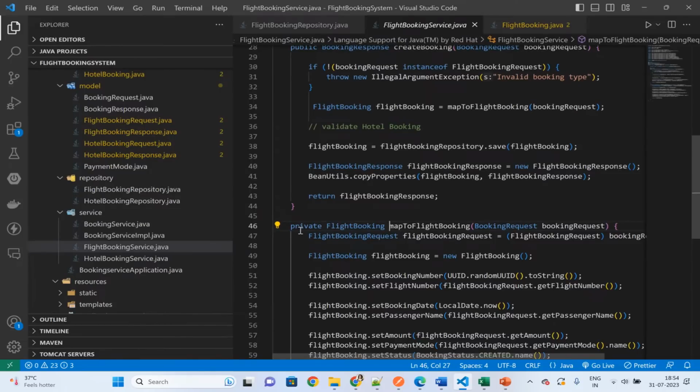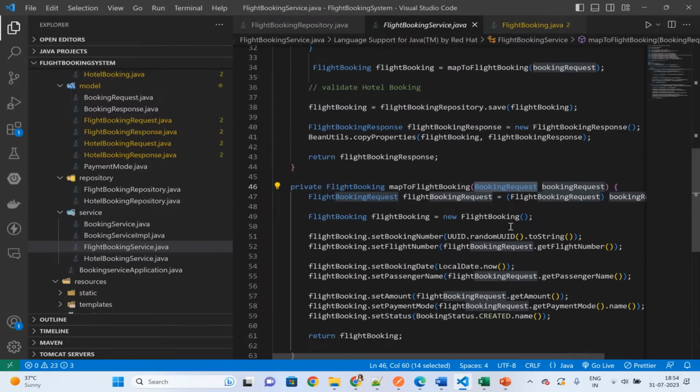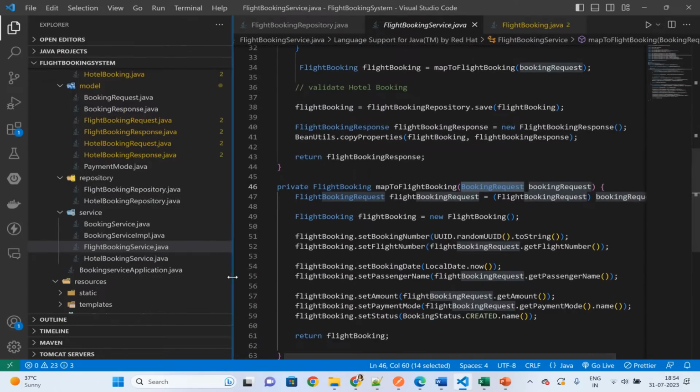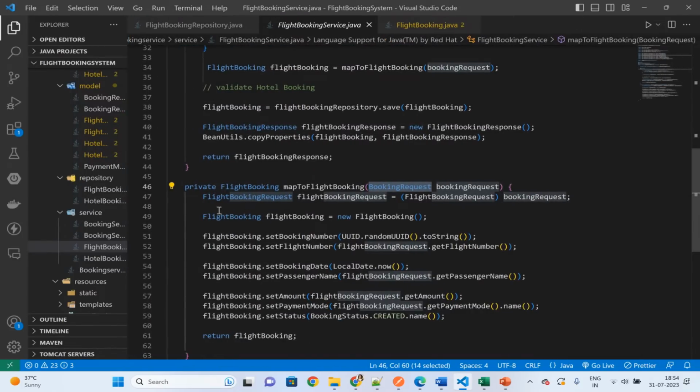As you can see, this is a private method which is returning the flight booking instance, and it is accepting the argument as booking request. So first step is, if you see here, we are creating the flight booking request from this booking request object by typecasting it to the flight booking request. Once this request is ready with us, we will be creating the instance of flight booking,